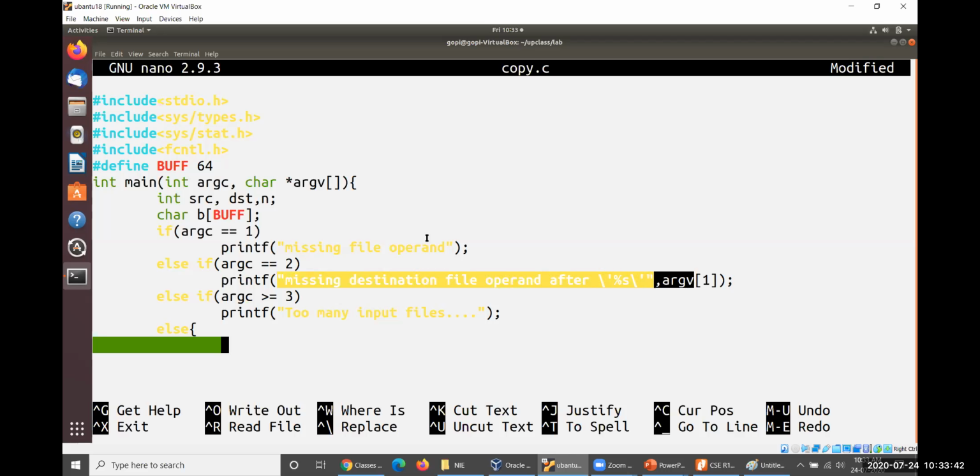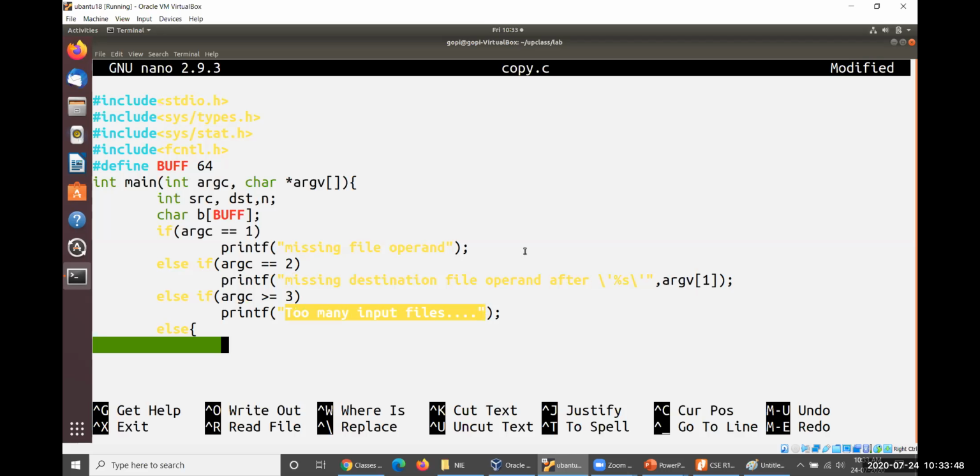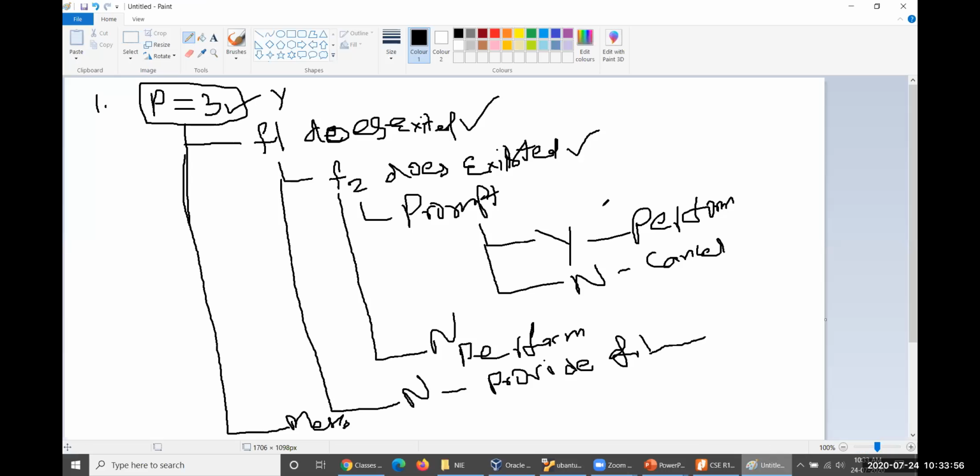And cpy file 1, file 2, file 3, file 4, a number of files will be given. Obviously, it could be the specific operation which could be displayed. Then followed by cpy source and destination will be given. Then our operation will actually get started. The number of parameters will be equal to 3. Now, does file 1 exist or not?